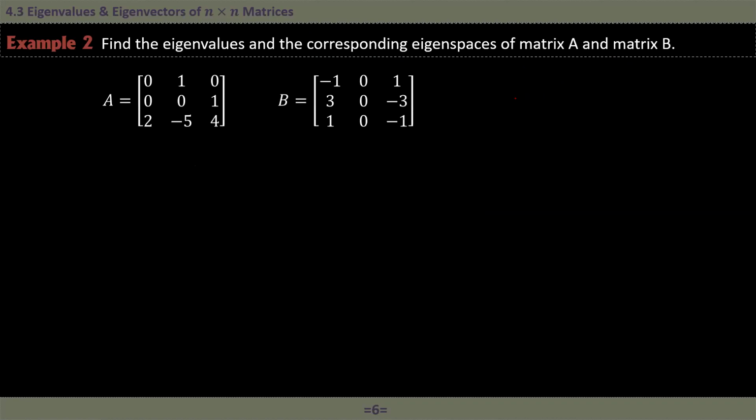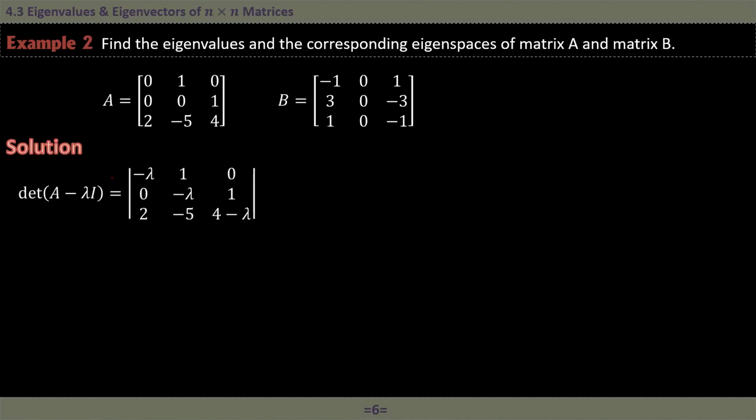To do this one, first we need to write our characteristic polynomial of this matrix A. That is the determinant of A minus lambda I, right? If you just subtract lambda from all the entries in the main diagonal, we have 0 minus lambda, 0 minus lambda, so here we have minus lambda, and 4 minus lambda,